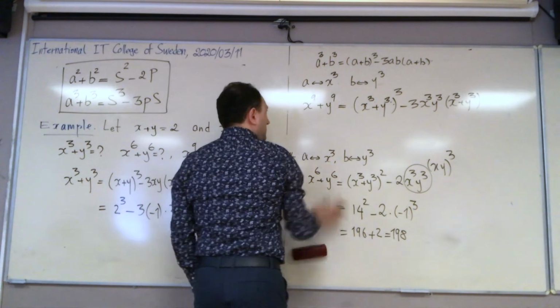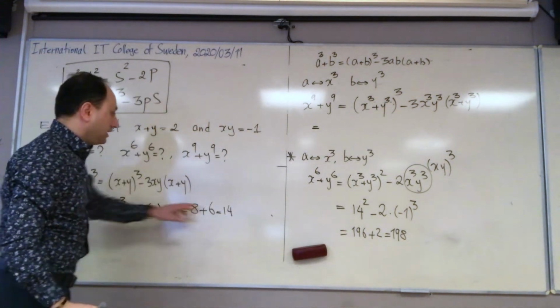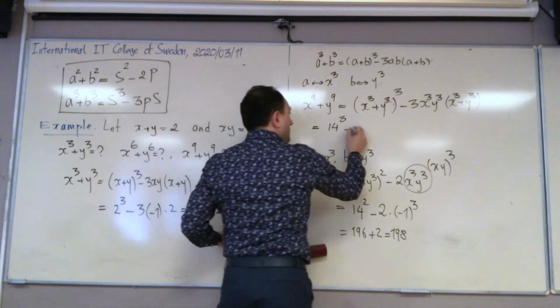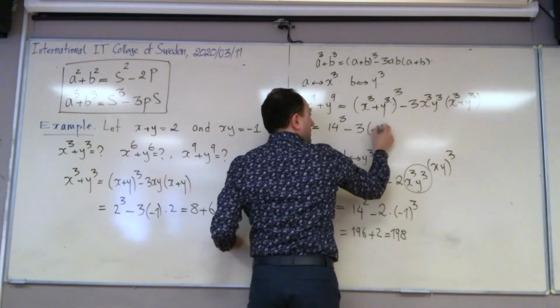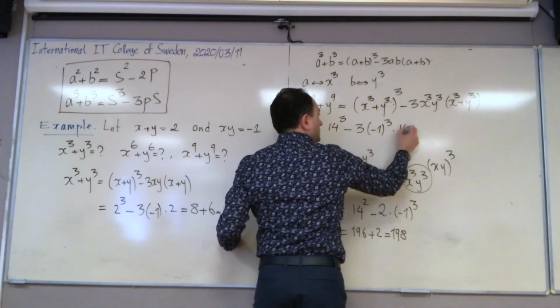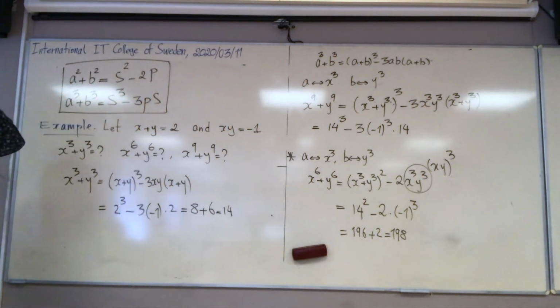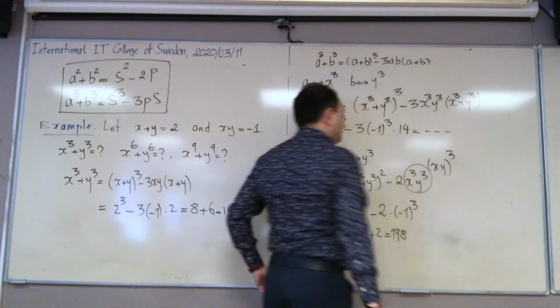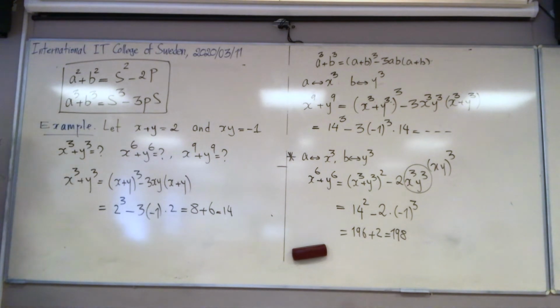And then what I do is I have everything now ready. So I leave the calculation. So this x to the power of 3 plus y to the power of 3 has been calculated to be 14. So this becomes 14 to the power of 3 minus 3 times xy cubed, which is minus 1 to the power of 3 times 14. And you calculate this number and you get your answer. Yes? Is that clear? Okay,